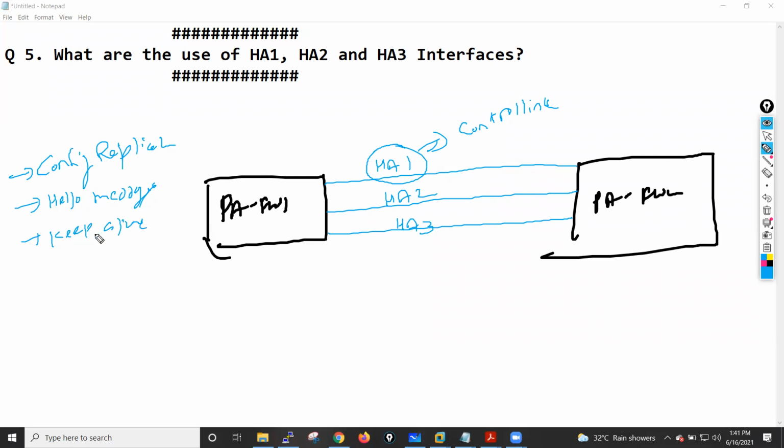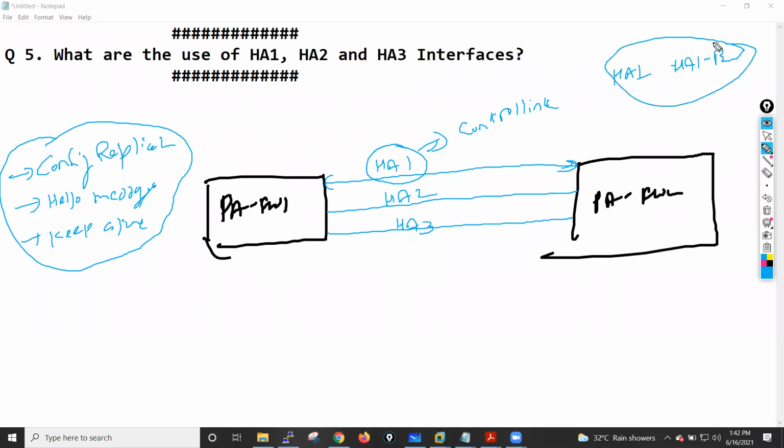These messages are exchanged just to know whether the other device is live or not, and to tell the state of each other. So these are the main things performed by the HA1 interface. We will generally have an HA1 interface and also an HA1 backup interface for backup purposes.